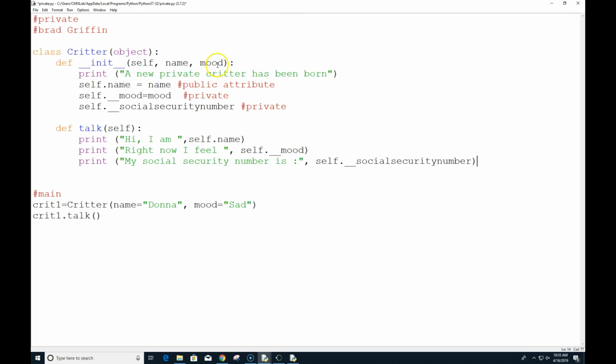And so in this case, we'd need to add that value in there. You could actually pass it in this way because you're actually saying name, mood, and social security number.